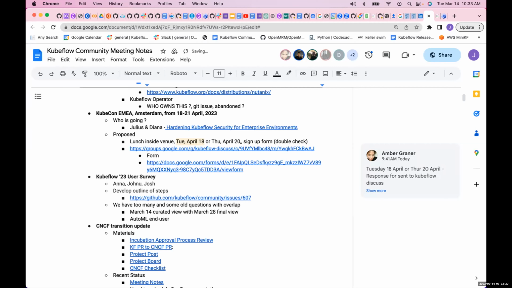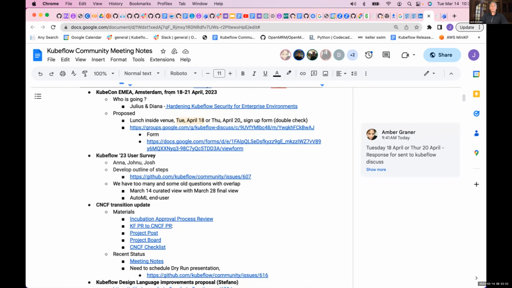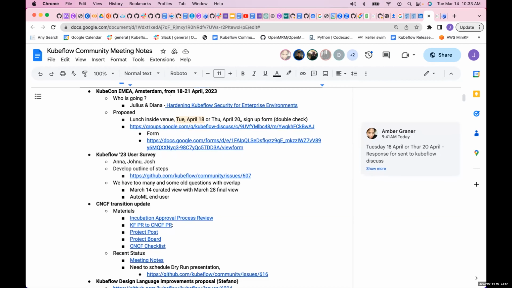I imagine that one will probably just get dropped off as the docs distribution section gets removed. But if someone is here from, I think it was IBM that was working on that, I don't believe it's been updated since Kubeflow 1.1 though. Yeah, I think Joanna was doing that. She's been gone for a little while. So, okay, let's keep going. My proposal for that is we just drop that section once we drop that part of the website.